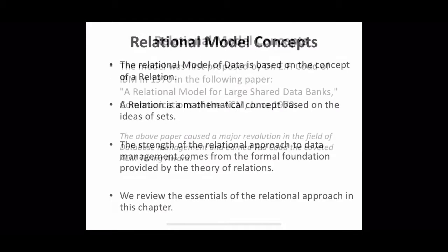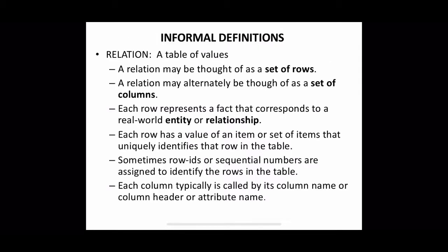So coming to the basics. In the relational model, the entire database can be thought of as a collection of relations. Each relation can be thought of as a table of values. If we think like that, each row in a table represents a collection of related data items. That is, a row represents a fact that typically corresponds to a real world entity or relationship. The table name and column names help to interpret the meaning of the values in each row. For simplicity, let us go through an example first, then we will go to the formal definitions of the relational model.